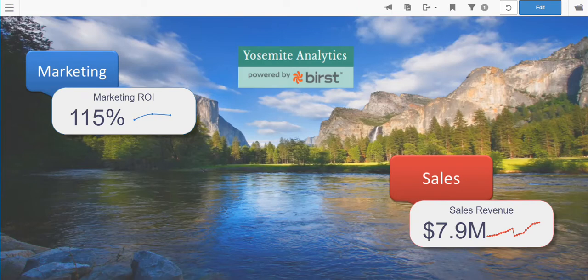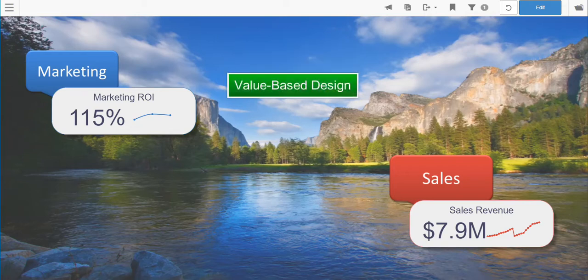In this session, we're going to take a look at how easy it is to use Birst dashboards and also how easy it is to build them from scratch. We're going to highlight an approach to building business-centric dashboards called value-based design. And lastly, we're going to take a quick look under the hood at the secret sauce behind Birst, something called